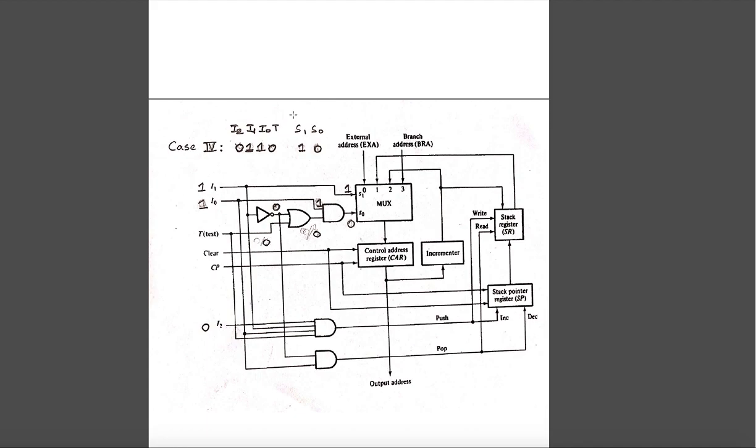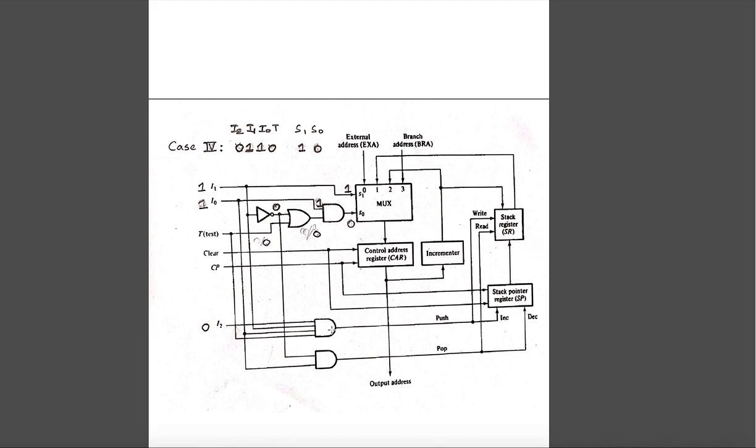Another case that needs to be considered here is that our I2 value is 0. If I2 value is 0, obviously if any one of the inputs to this AND gate is 0, then this push operation won't be happening. Let's go to this operation. Here it is 0, so this 0 is going to this particular AND gate, then definitely this AND gate is also not operational because it is also 0, so pop operation will also not happen here.